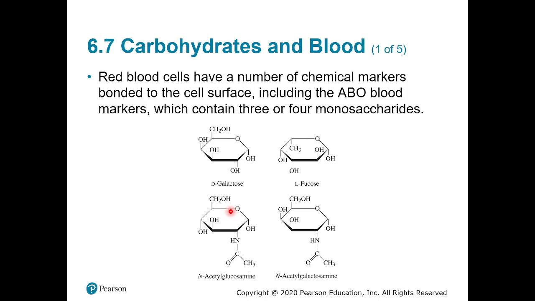Okay, so let's talk about carbohydrates in blood. So red blood cells are going to have a number of chemical markers. These are going to be bonded to cell surfaces. They're going to include the ABO blood markers. They'll contain 3 to 4 monosaccharides. These right here being the important monosaccharides that are going to be involved in this process. So here we have D-galactose, L-fructose,